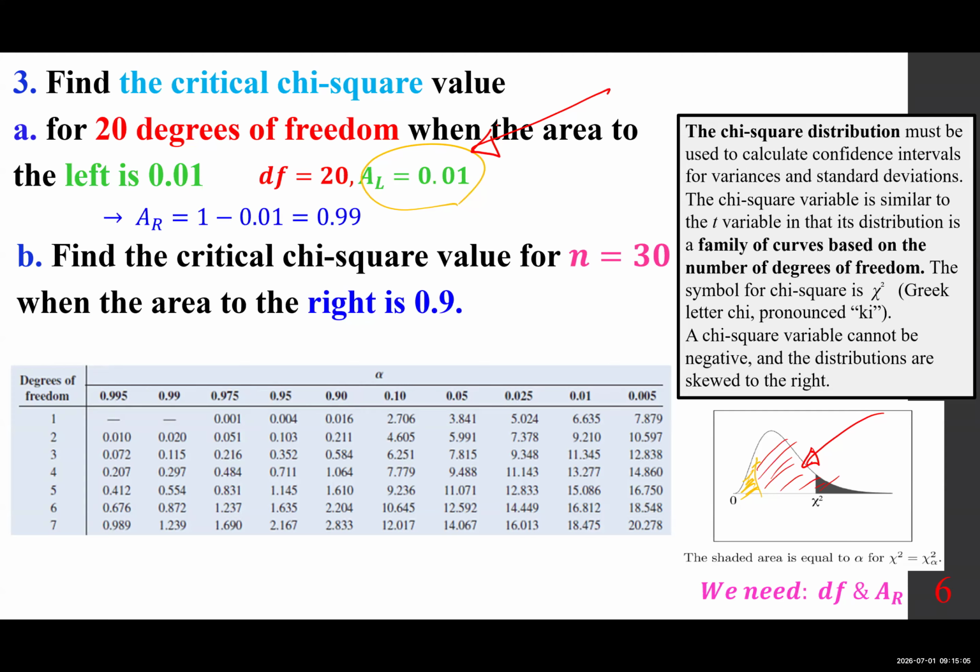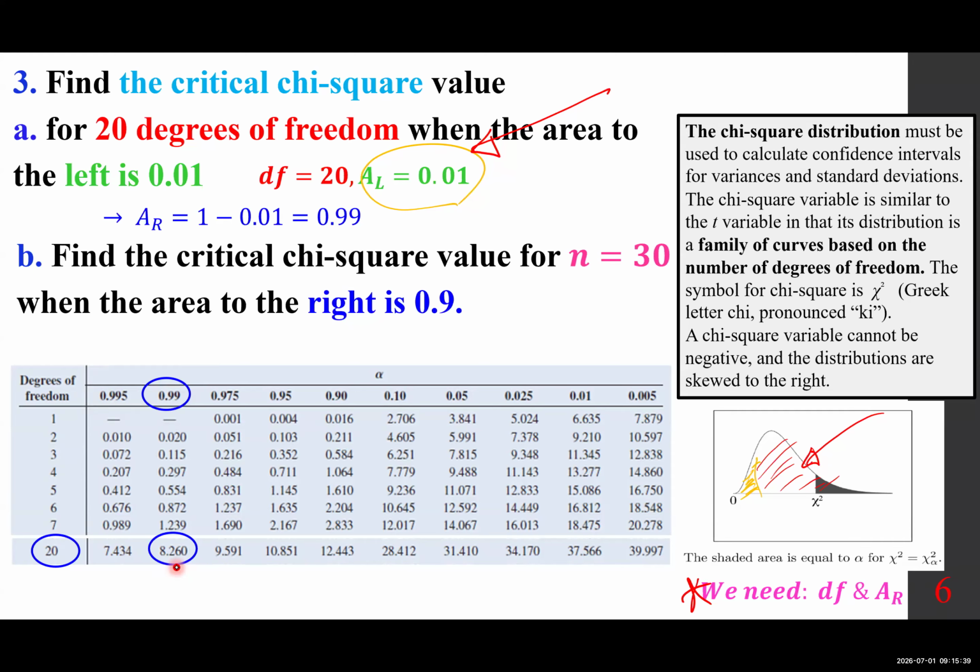Okay, so now we have everything we need. Again, one more time, what do we need? We need degrees of freedom. So on the left column, we look for the degrees of freedom, which is 20. Because of the limitation of space, I add just one more row. This is what we need, 20. And then this is what we need for the row, 0.99. They come together, giving us